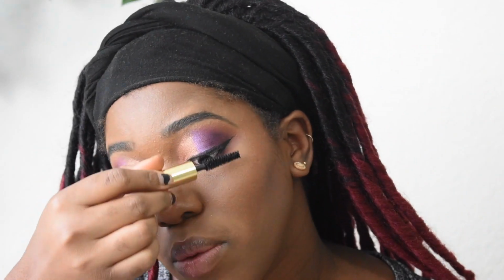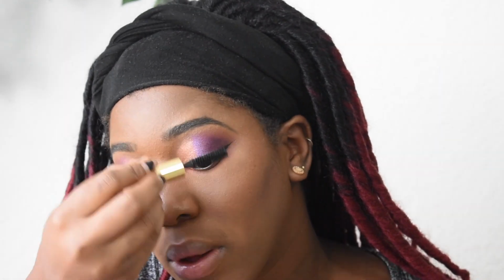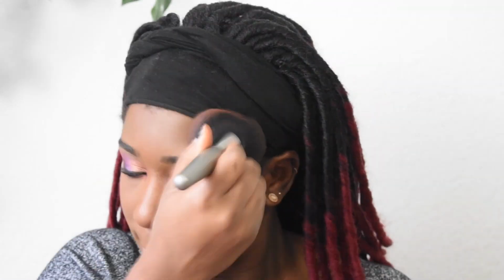And I'm now just using some Estee Lauder mascara. It was a free gift from Ulta, and I actually love it. I really do. It's not waterproof or anything. I believe it's just regular mascara. Okay, so now that I'm finishing up and I'm about to apply my setting spray, I am officially finished,